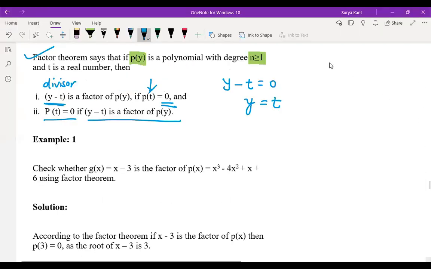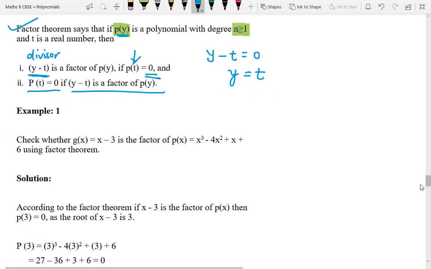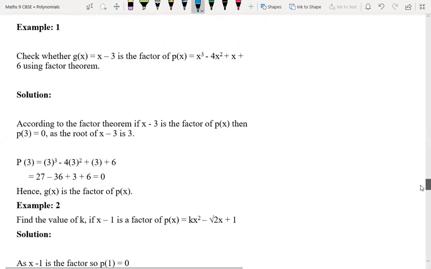Sir, p(y) means a polynomial in y? Yeah, polynomial in y. Here they've given now p(y). Whatever the polynomial is inside, instead of y, you are putting the value of p. Instead of y, you are putting p. That's why I just told you by example, so that you understand better. Understood, Sai Charan? Yeah, sir.